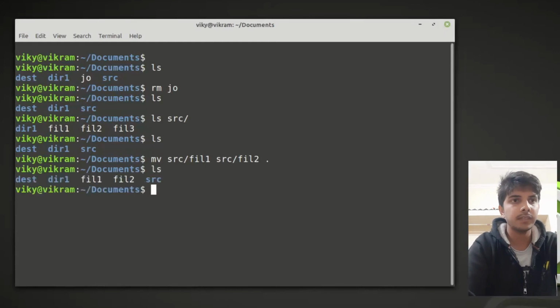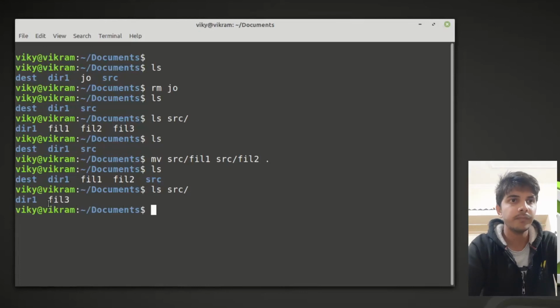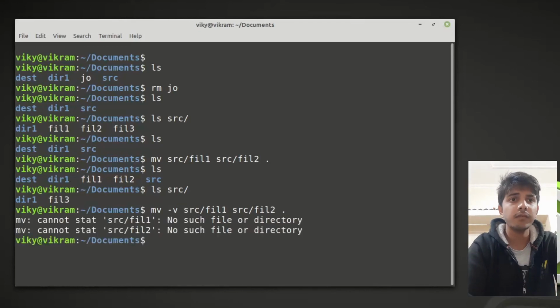Okay, now if you see here, the files have been moved to this location, and the files which were originally present in the source have been removed. Okay, right? So those files which were present in the source have been moved to another location. Now the same options can be used with the move command, like -i if I'm going to overwrite something, -v for verbose.